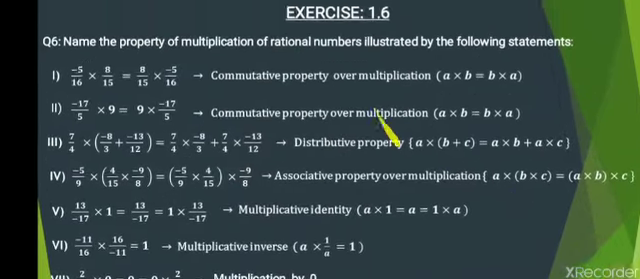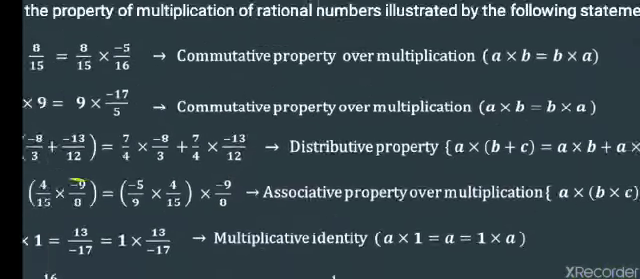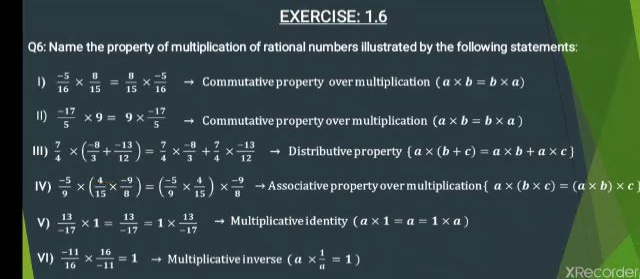So, dear students, let's start with question 6 of exercise 1.6. Name the property of multiplication of rational numbers illustrated by the following statements. So what we have to do in this question, we have to identify which property is being used in each